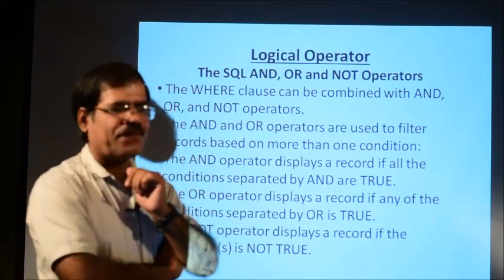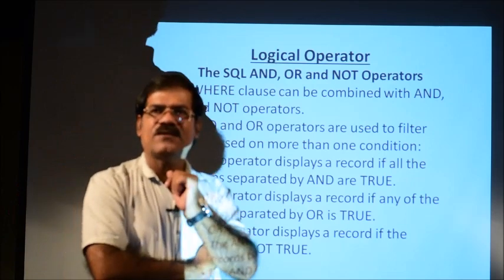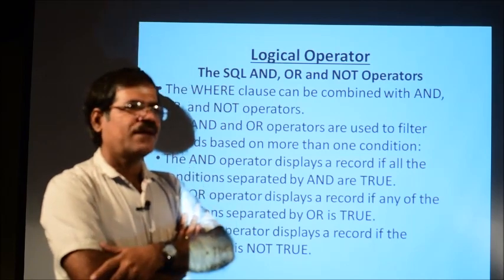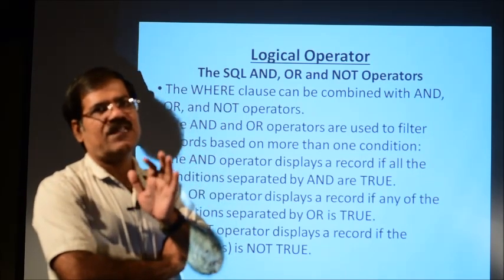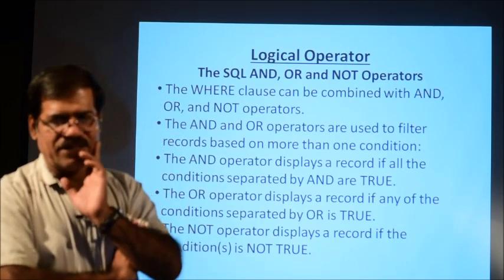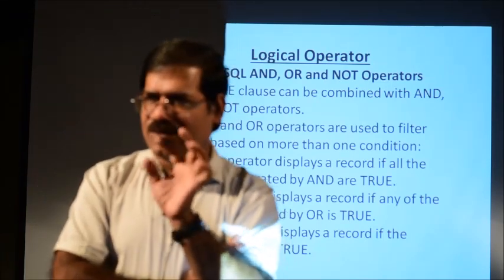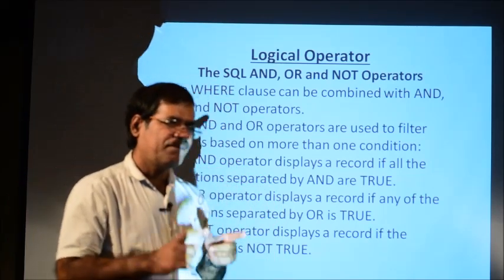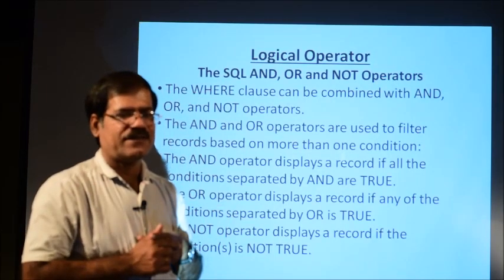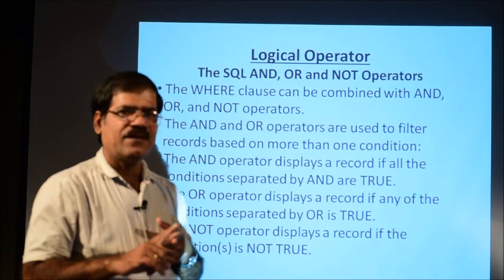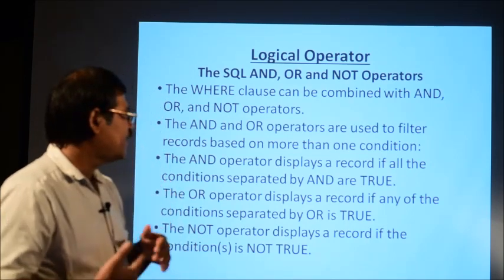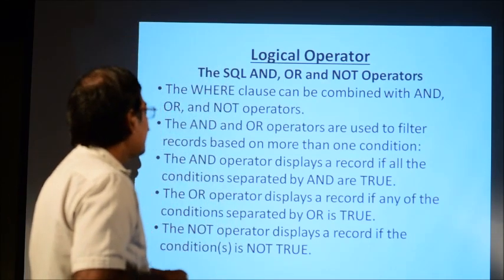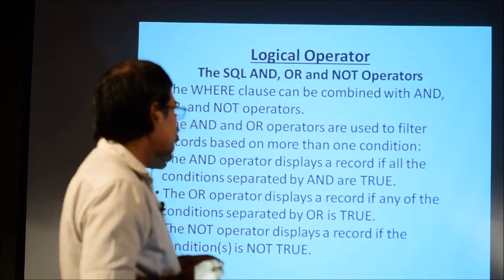In OR cases, if you construct the OR table in logic, P is one statement, Q is another statement. If either P is true or Q is true, then the result will be true. If both are false, the result will be false. So, I am talking about the logic tables of OR and AND. Similarly, NOT: if P is true, the negation of P is false. If P is false, the negation of P is true. So, this is about true and false. As the name is logical operator, AND, OR and NOT work by using true and false values.